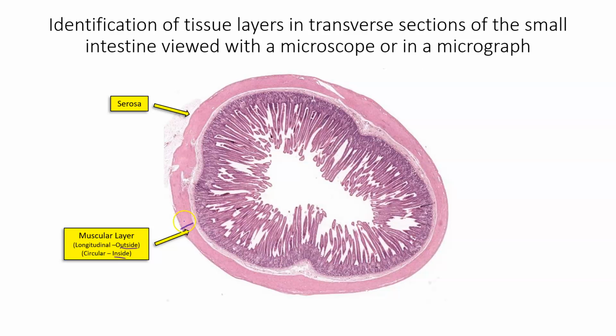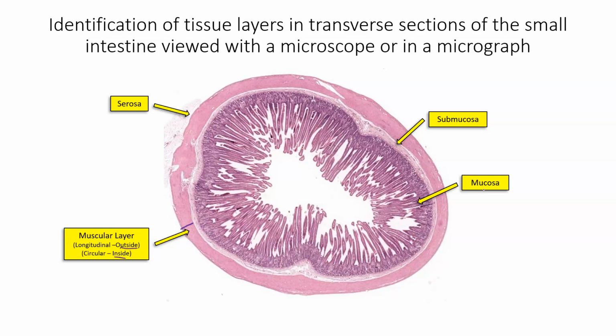But this pinky color that looks like a border around this entire transverse section is the muscular layer. The muscular layer, remember, is made up of longitudinal and circular smooth muscle controlled by your ANS. Inside of the muscular layer, you will see another layer, which is the submucosa. Inside of the submucosa, you will see the mucosa layer, which is the layer that contains